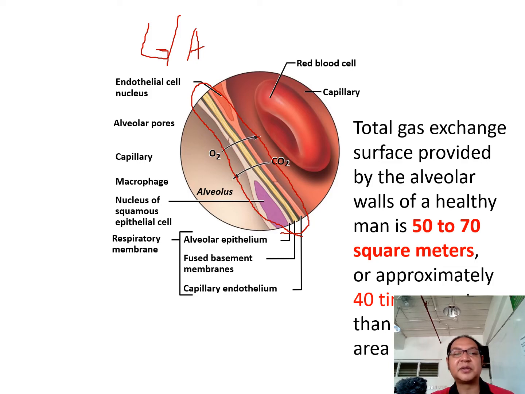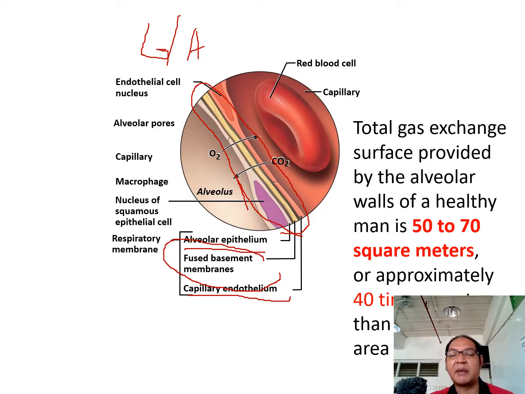From the side of the alveoli, we have the alveolar epithelium. From the side of the capillary, we have the capillary endothelium, the lining inside. And in between there is a fused membrane, so they fuse together here,